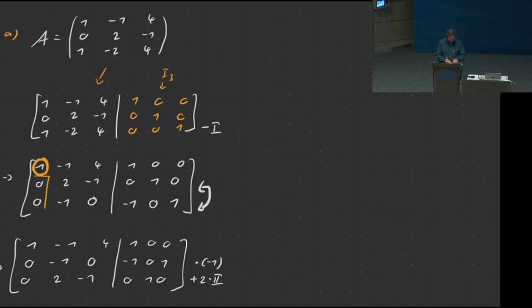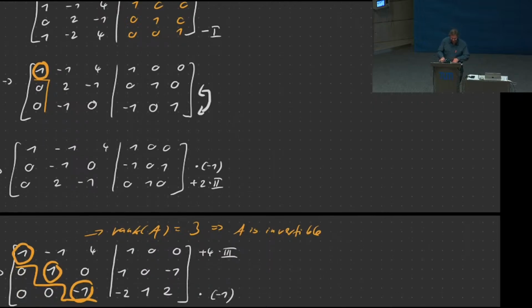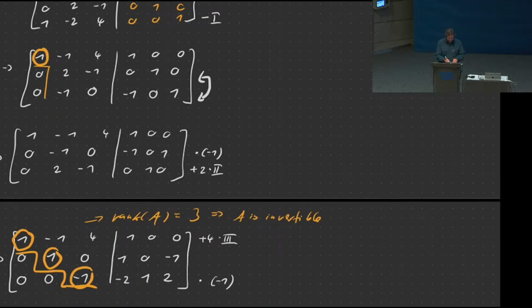So here we have a 0 here already, so no need to change the second row. We'll use this pivot element. We'll subtract the first row here from the third row to get a 0 here. And please don't forget to do the same manipulations on the right-hand side as well. Sometimes people forget that, and that, of course, will yield the wrong result. Then you go on with this pivot element here. And in this case, I found this 2 to not be too convenient to work with. I'd rather have a 1 or a -1, so I opted for changing the rows first.